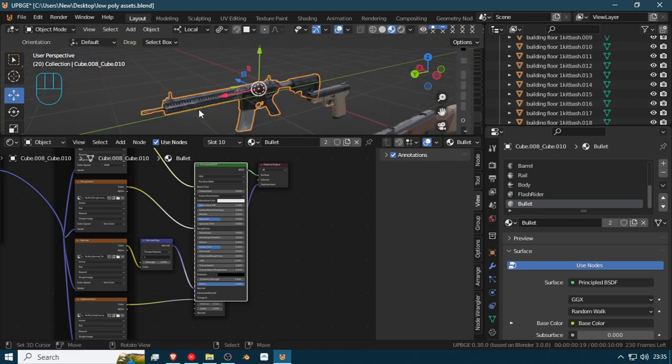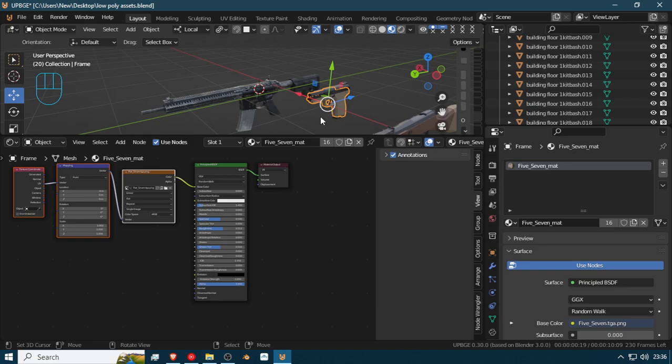I had a lot of problems with this weapon, so I didn't want to go into the full detail of lining everything up again after I messed it up, because my increment was set on and it messed up. For this, it was just parented to an empty. Same with this one, it was parented to an empty, and it had like 6 empties it was parented to, so I just removed the empties and used Alt P, clear parent, keep transformation, and